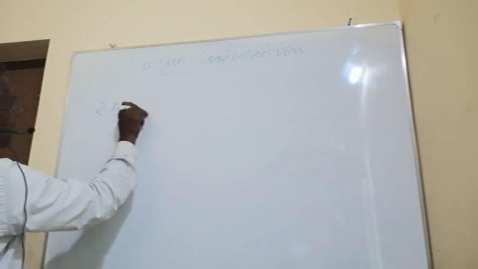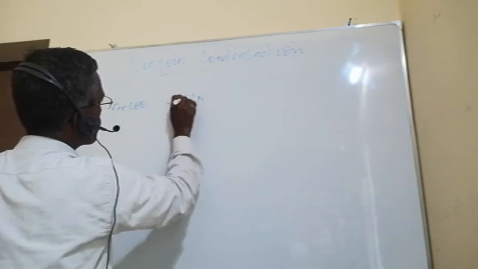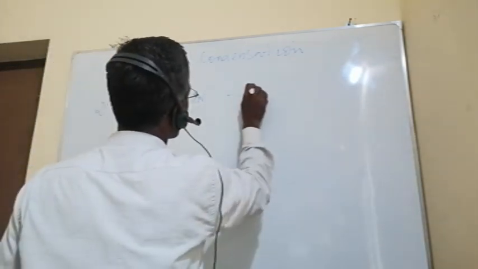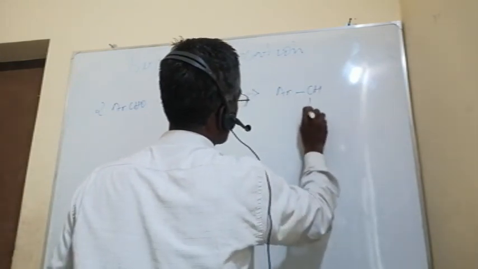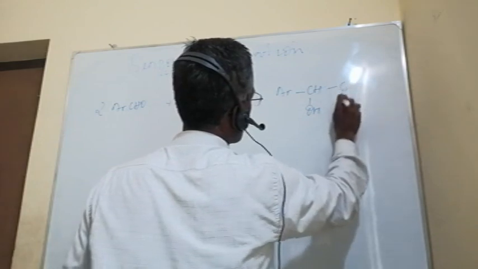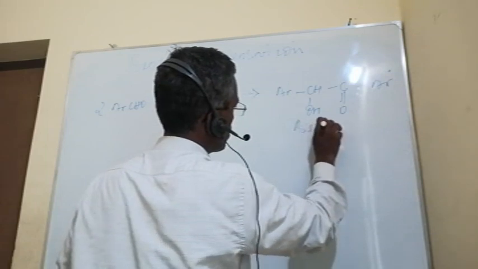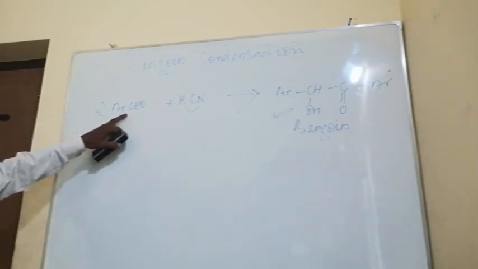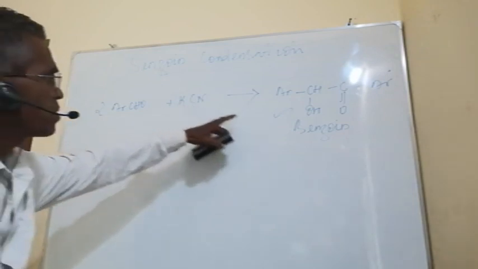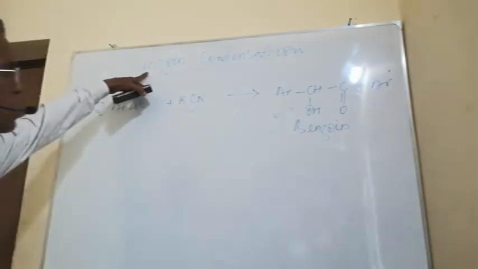In this particular benzoin condensation, we are treating two molecules of aldehyde in presence of cyanide ion. We get the product benzoin. This is your benzoin. When certain aldehydes are treated with a cyanide ion, it gives you benzoin finally as product in a reaction called benzoin